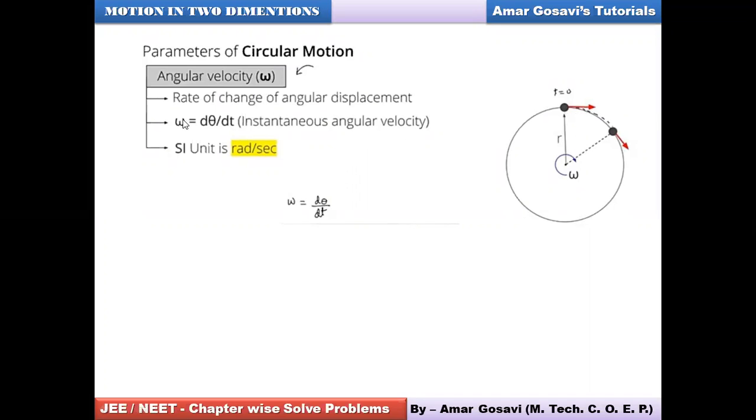We define angular velocity as the rate of change of angular displacement, which can be represented as d theta by dt. We know the direction is given by the right hand rule. The unit for angular velocity is radian per second, friends. Please make a note of this slide because it gives you the definition. Time and again, we will need this equation and the notation for angular velocity, and the concept for it. Once you are done with this, let me know so that we proceed towards the next definition.